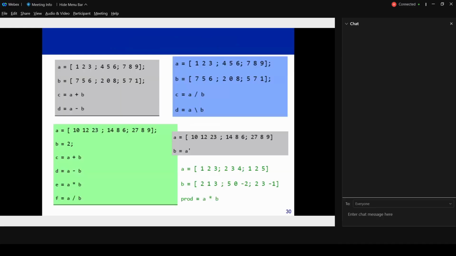So what I want you people to do is evaluate all these examples on your machines. The first one is the addition and subtraction of matrices. The second one is addition, subtraction, multiplication of matrices, division of matrices. See whether this is possible, or if not, then what we should do. Then the third one is forward division, backward division. The fourth one is transpose, and the fifth one is multiplication of A into B. So carry out these operations one by one on your machines. I think 7 minutes should be sufficient. If you have any problems up till now, please let me know.